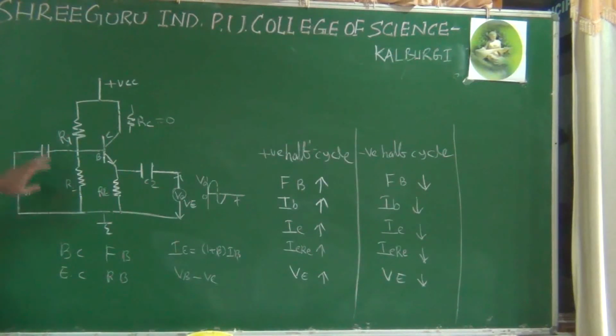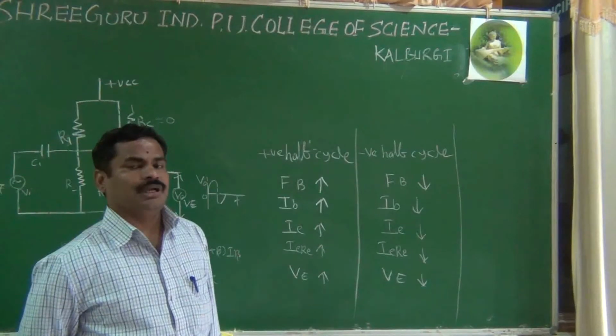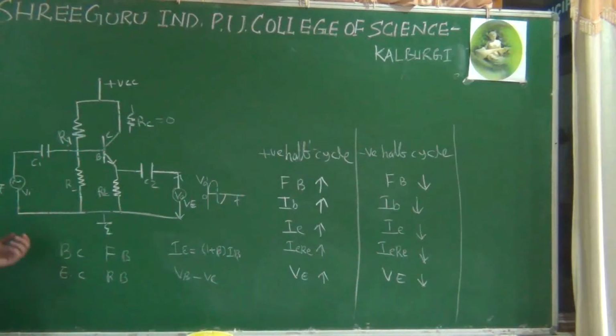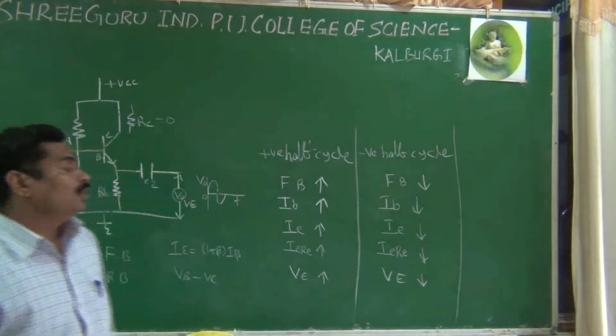As you are using R1, R2 and RE, that makes the input forward bias and the output reverse bias. They also place the Q point in the middle of the active region. C1 and C2 act as coupling capacitors that block the DC and allow the AC signals. Because you are using voltage divider biasing, this VCC makes the input forward biased and the output reverse biased.